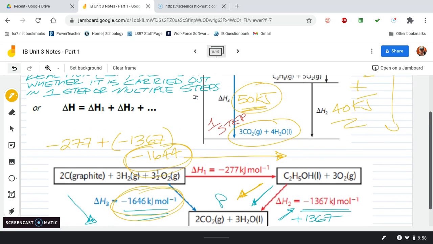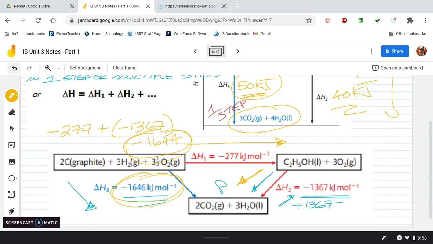So that's the general idea of Hess's law. Okay, now in practice, we got to be